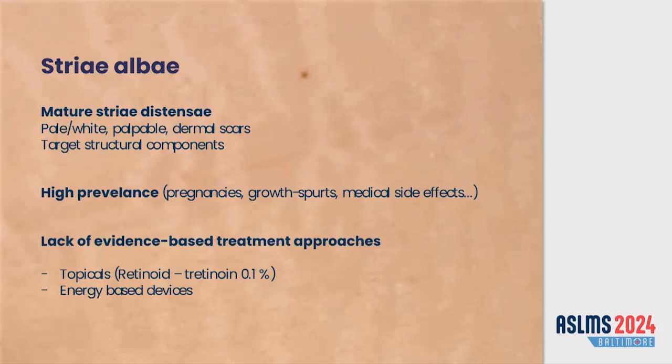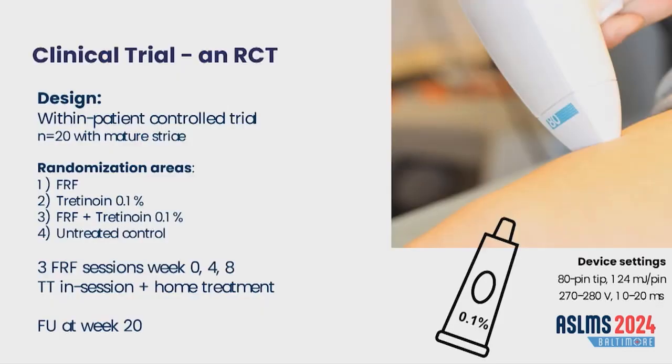There is some evidence on retinoids, especially the high dose 0.1%, but it is restricted by tolerability. So we took up the challenge and did a randomized controlled trial with a within-patient design. Each patient provided 4 comparable areas with striae, and we randomized them to treatment with FRF alone, tretinoin alone, the combination of the two, and one area left as untreated control